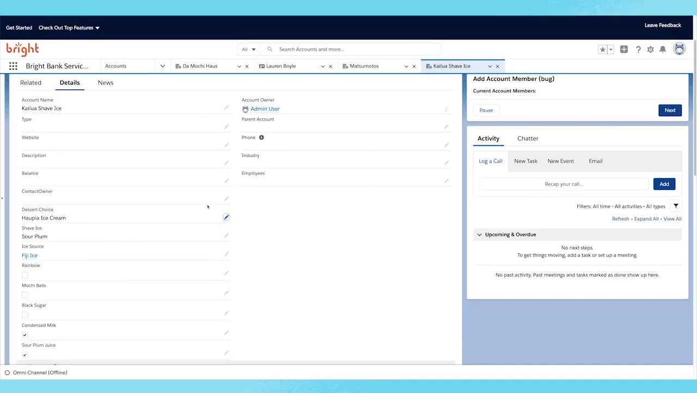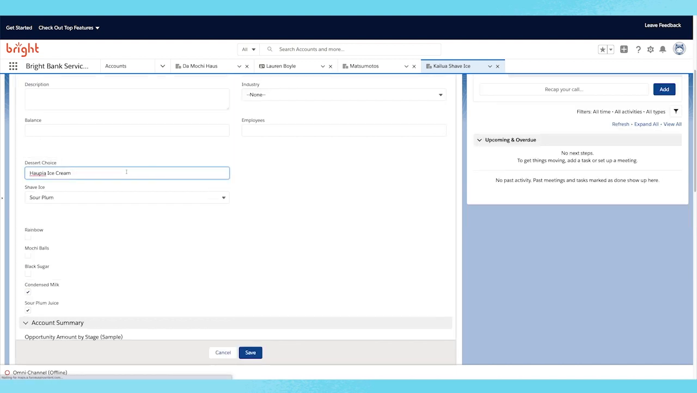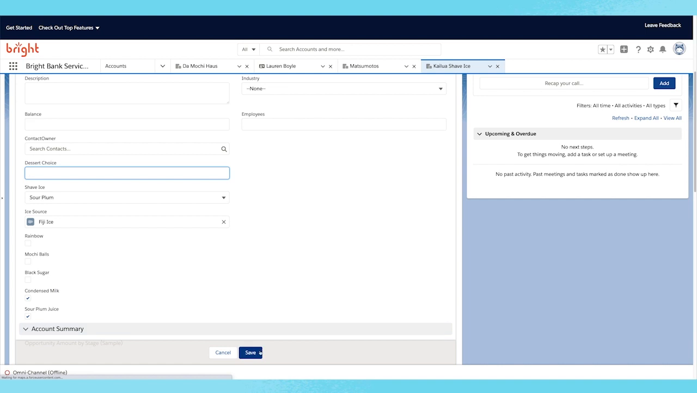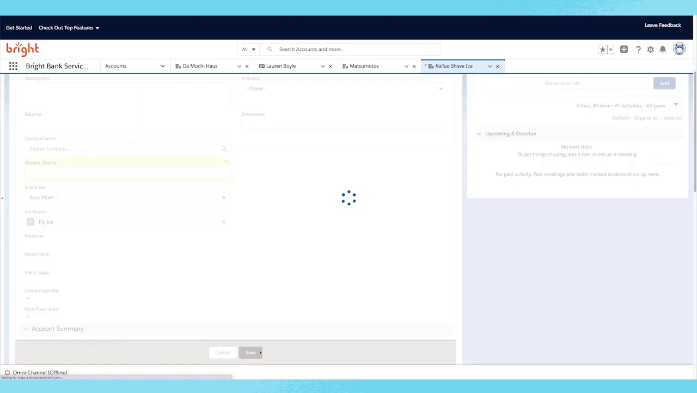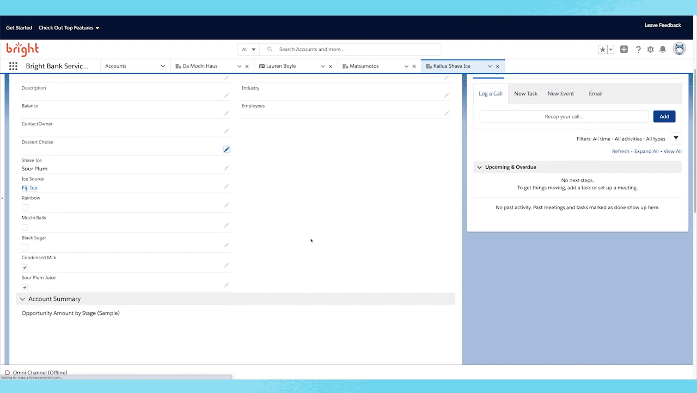Here you can see I've got a record. I'm going to go ahead and make an update to it. Let's go ahead and get rid of the Haupia ice cream. Save it. Nothing happens basically, because even though the criteria for sour plum juice is picked, nothing's actually going to